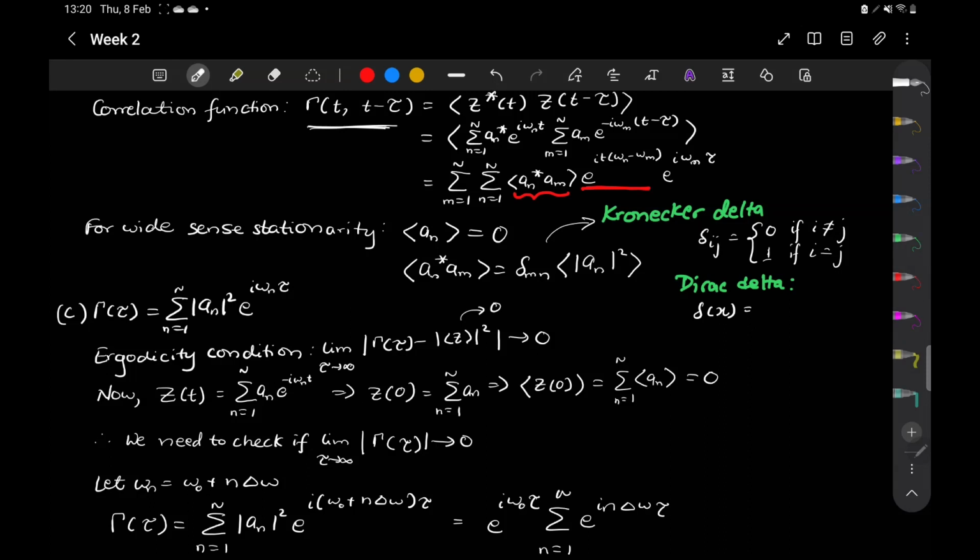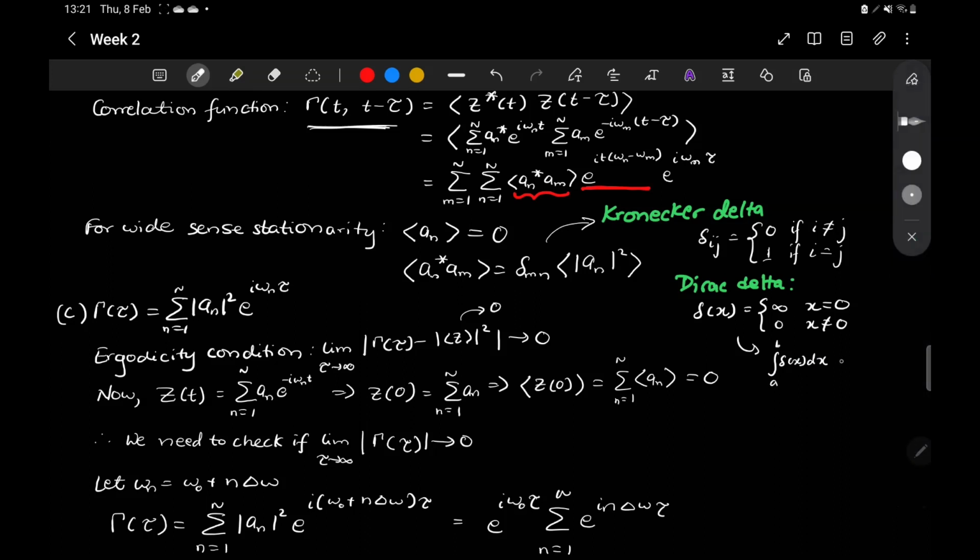This definition is that it is infinity for x equals 0 and 0 for x not equals 0, and it's also defined in the integral from a to b. This will be equal to 1